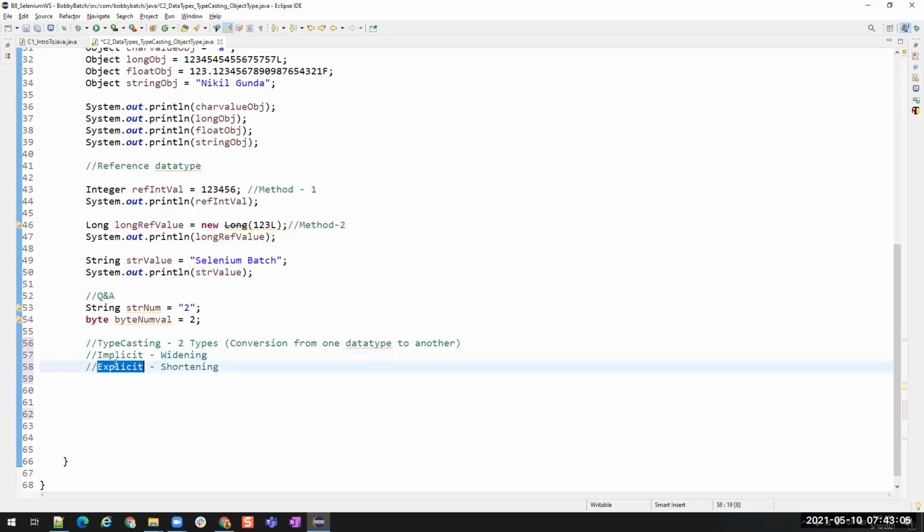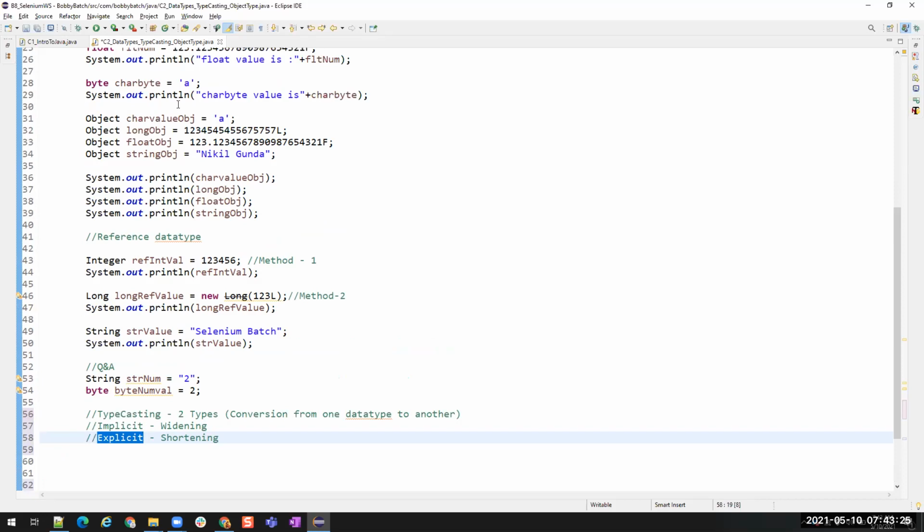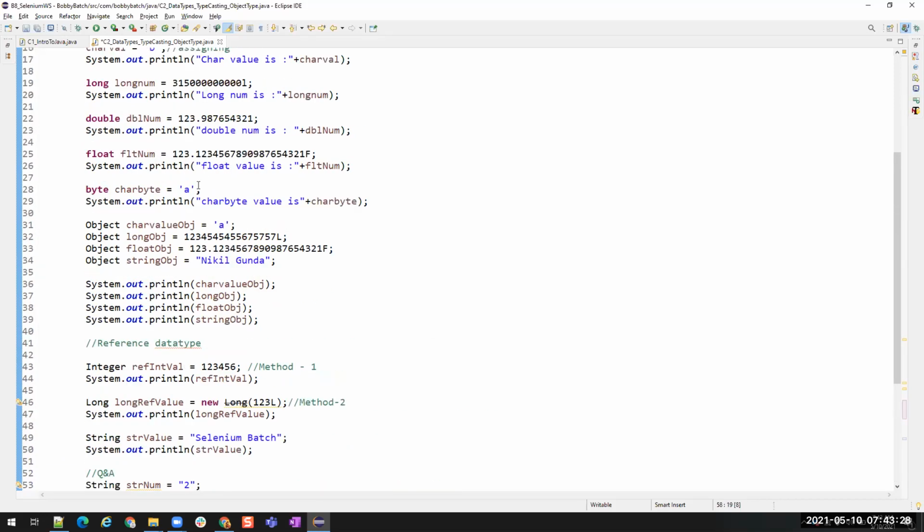And then explicit, Java will not be able to convert by itself. You have to convert on your own. Explicit, the user has to convert it and then store that value inside that variable. So these are the two different typecastings we have in Java. Okay, just above we have created some value, right? Character type in a byte. Was it throwing an error?